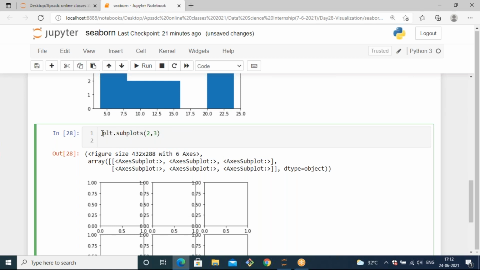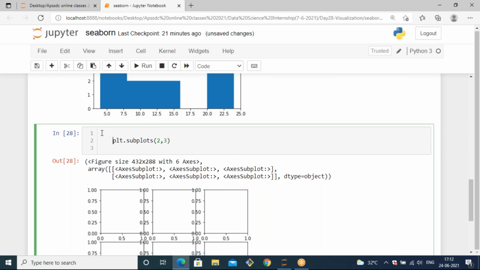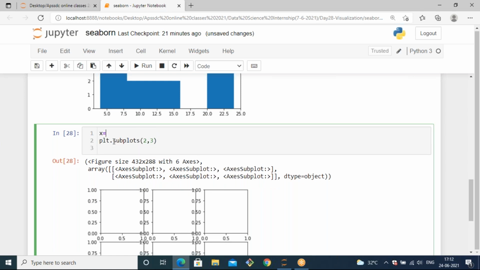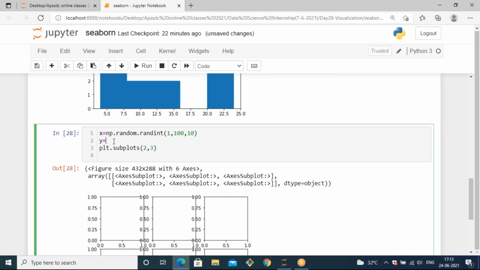For this, I'm just taking random data. Let's take some other variables like x equals, I'm going to generate random data here, np.array of np.random.randint of 100, and out of this 100, I want to generate 10 values with respect to the x variable, and I'm going to take the y variable.